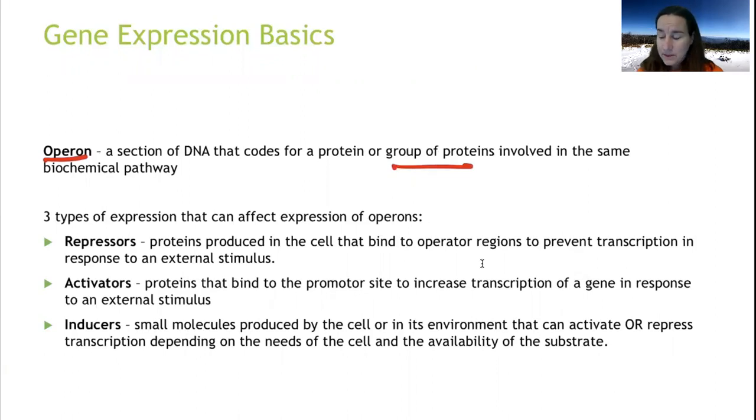There are three types: a repressor, an activator, and an inducer. A repressor is stopping this from happening. I'm repressing it, keeping it down so it can't come back up. Repressors are inhibitors. Activators are just like they sound, they're going to turn it on. And then inducers have to meet certain qualifications. You have to check certain boxes before they can turn on. We'll get into it. These are the three different ones: repressors, activators, inducers.